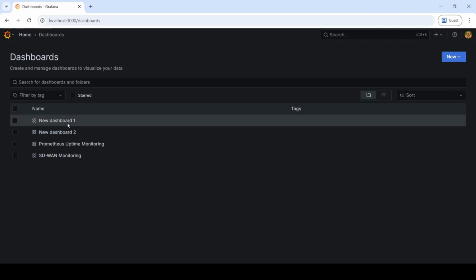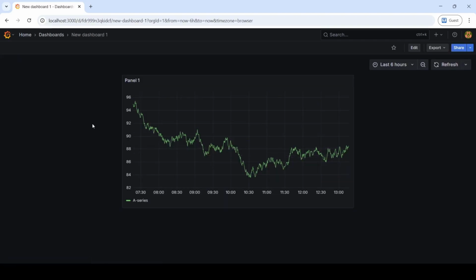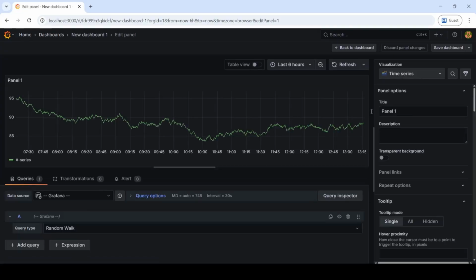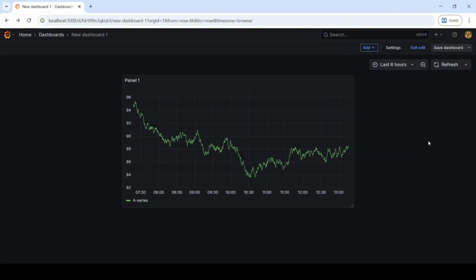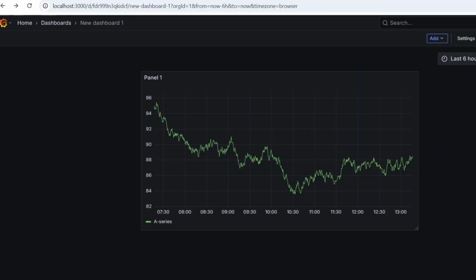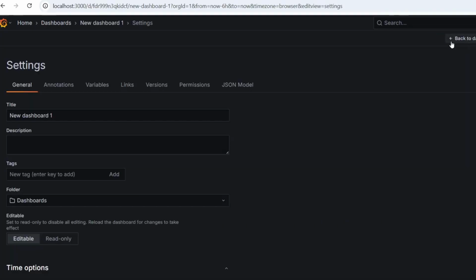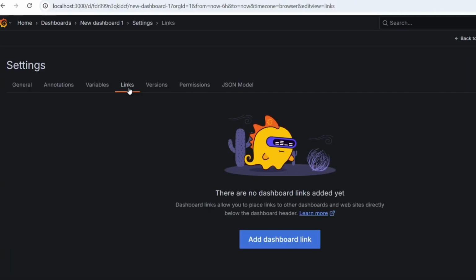I'm going to click on new dashboard 1, and this is the panel that I have. So it's a time series chart. Okay, so to create tabs, go to settings, links, and then click add dashboard link,